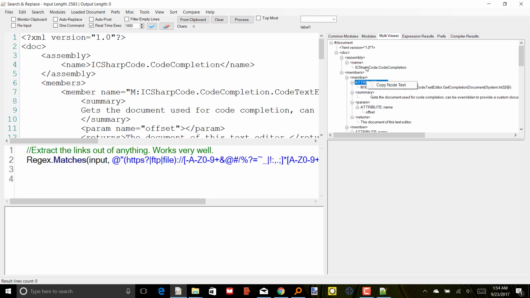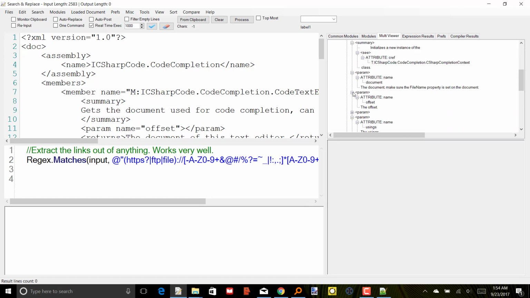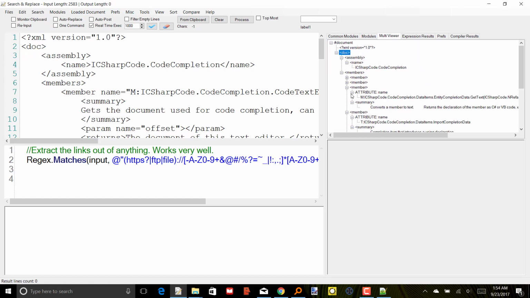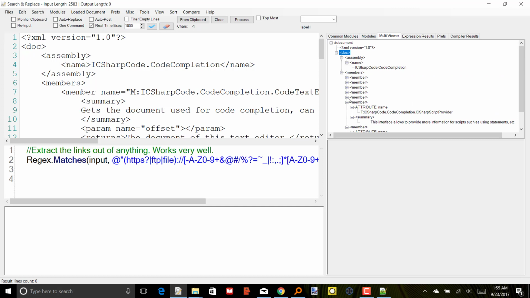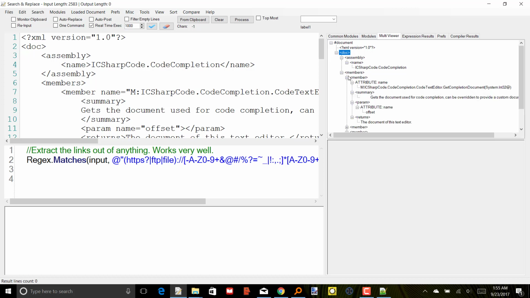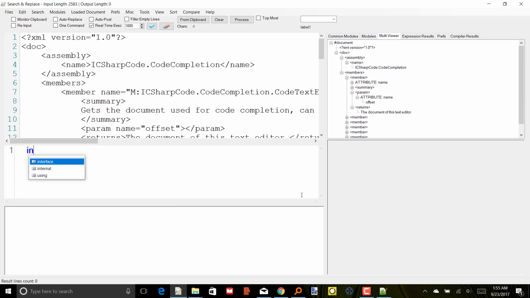I can copy the nodes, I can look at them, I can filter them. Maybe it would make sense to implement an XPath here so you can do different requests and show only special nodes. But what we can do now is